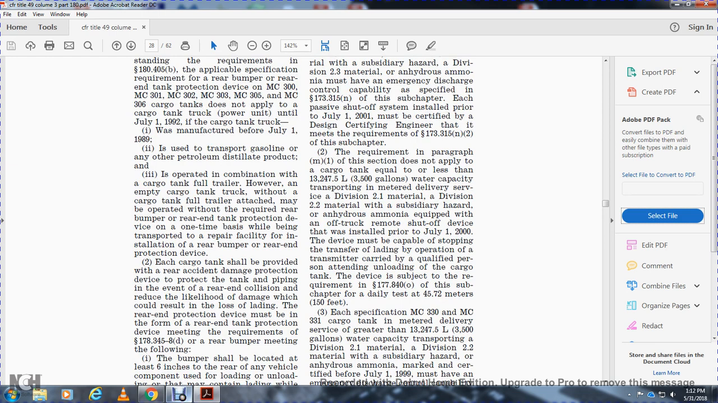Each cargo tank must be provided with a rear accident damage protection device to protect the tank and piping in the event of a rear end collision, reducing the likelihood of damage that could result in the loss of lading. The rear end protection device must be designed to meet the requirements of statute 178.345-8. The rear bumper must meet the following: